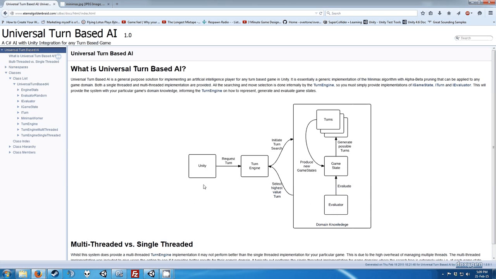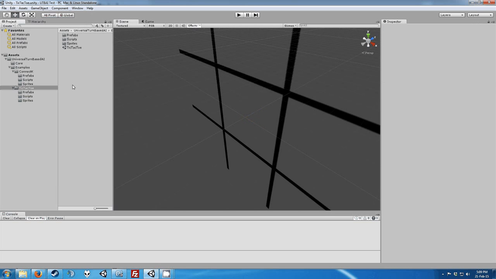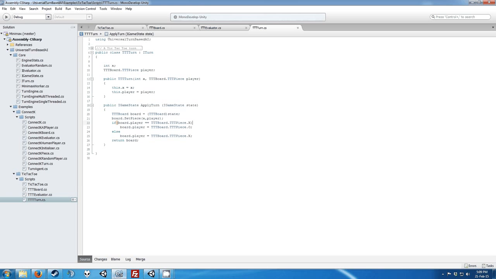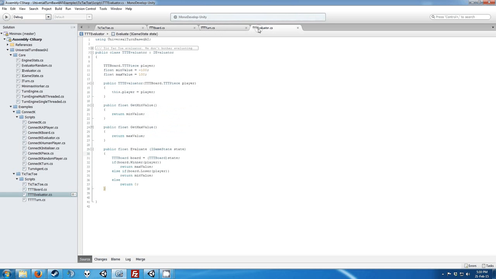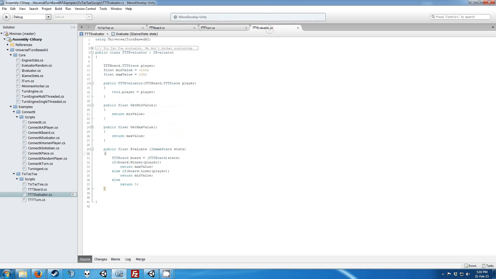So we'll go through an example. This is just a blank Unity project with the universal turn-based AI package imported into it. We've got two examples, Connect K and Tic-Tac-Toe. I'm just going to go through the Tic-Tac-Toe example this time, because the Connect K example is quite a bit longer, and the Tic-Tac-Toe example is pretty simple. So here are the three things we had to implement: Tic-Tac-Toe board, Tic-Tac-Toe turn, and Tic-Tac-Toe evaluator. And those implement, as we can see, IGameState, ITurn, and IEvaluator